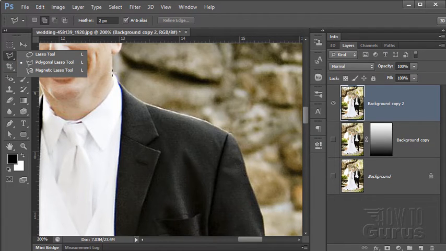I'll start right here at his collar, and I'll just begin coming in and making a very careful selection right along the edge of his outfit. I'll do this fairly quickly. I would take a lot more time and care at this if this was an actual photo that's going to be sold to somebody, including in an album or whatever. But this is just to show you the technique. So what I'll be doing is masking out or removing